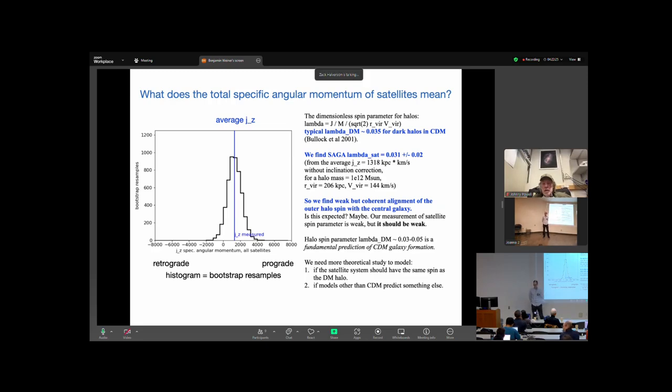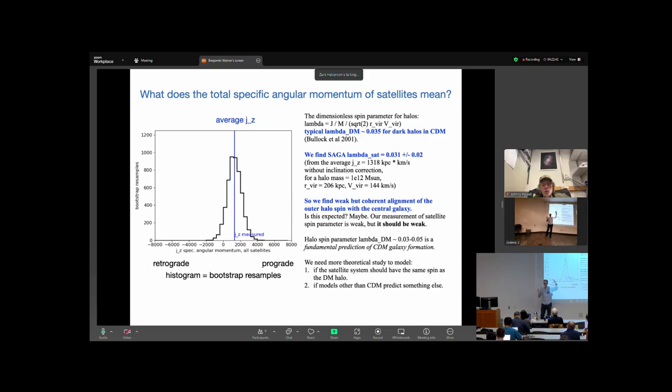Yeah, I guess it was similar to Frank's question, which is: if I give up on any expectations on alignment with the central disk, and you just use the projected measurements, but basically ask a similar question, in terms of the coherence and the spin of the orbits, do you get the same answer? Did you test that? The problem is that then I don't know what axis.